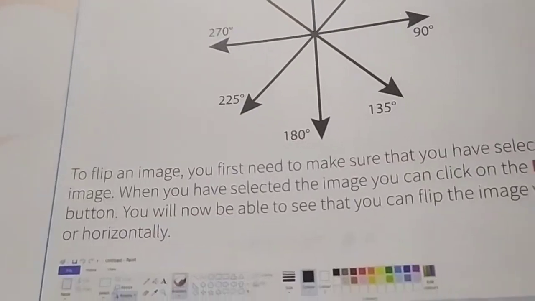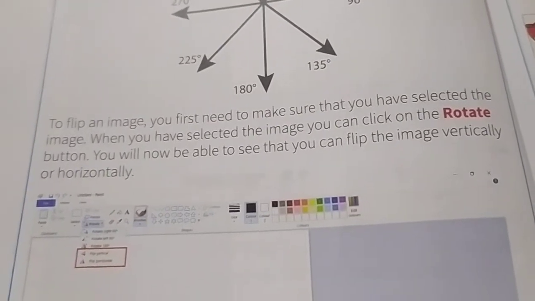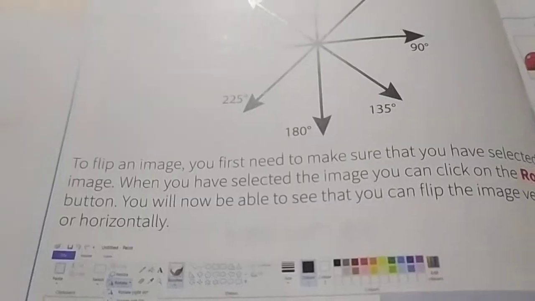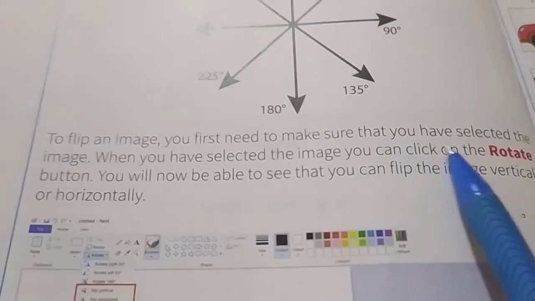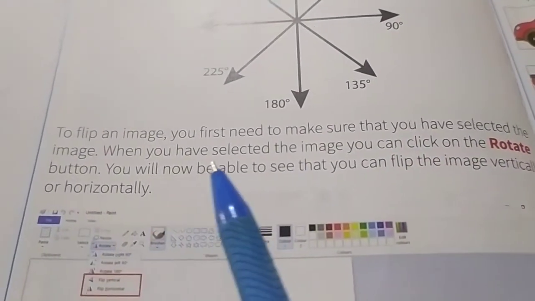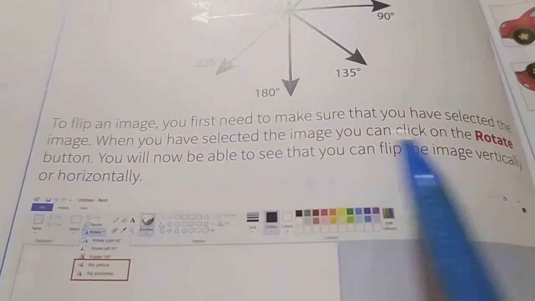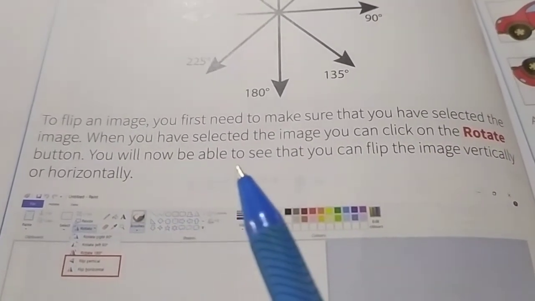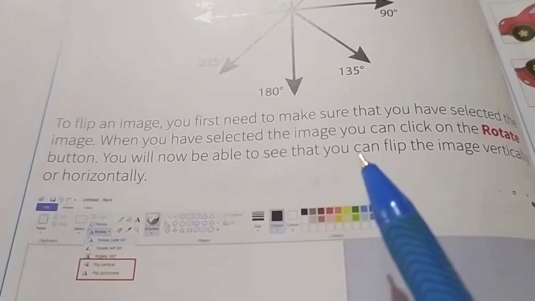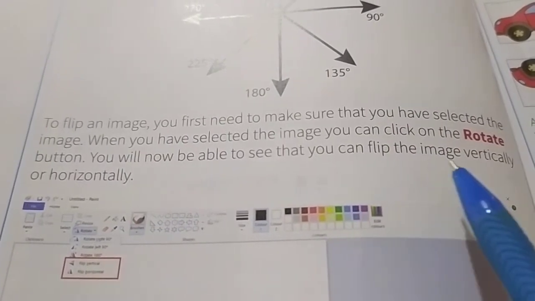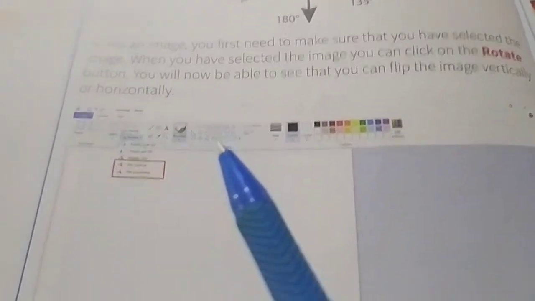To flip an image, you first need to make sure that you have selected the image. When you have selected the image, you can click on the rotate button. You will now be able to see that you can flip the image vertical or horizontal.